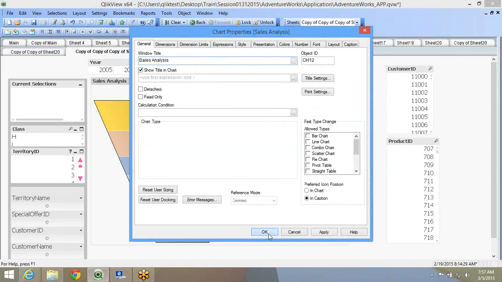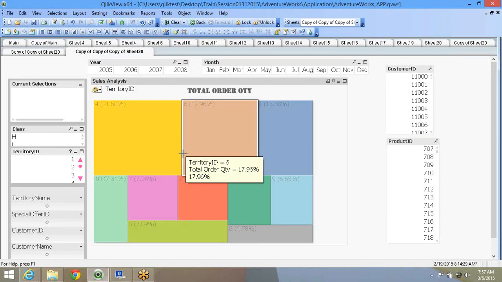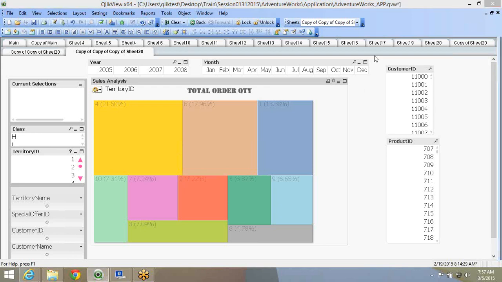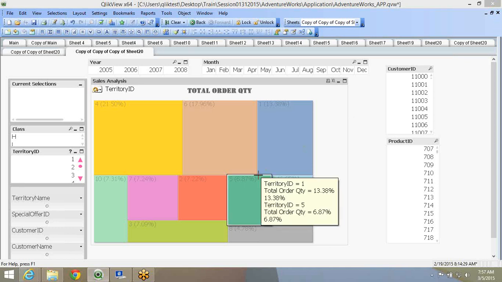The same thing if I flip it to a box chart, it is the exact representation of the pie chart, but in square boxes. Percentage of the share.